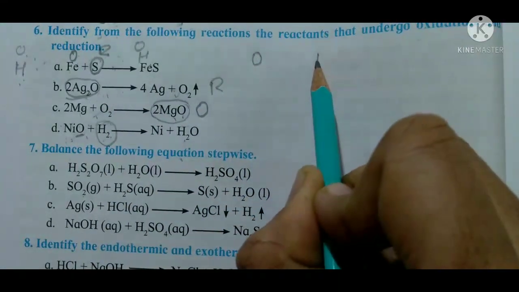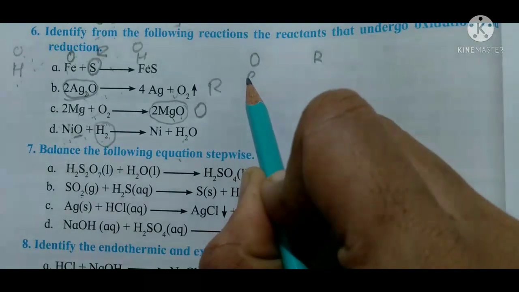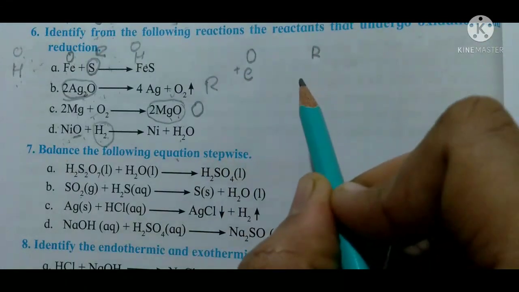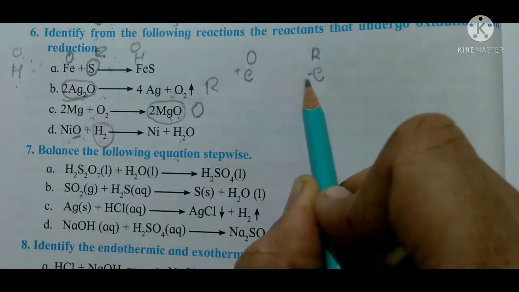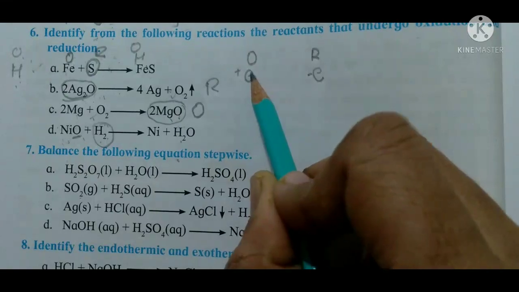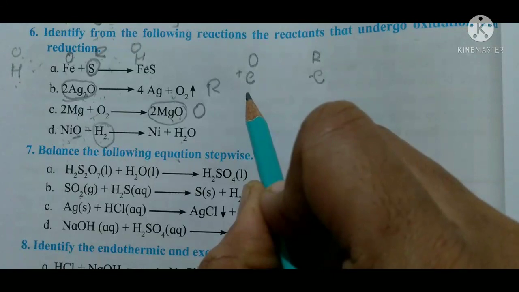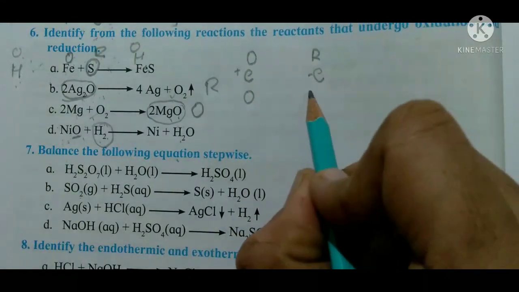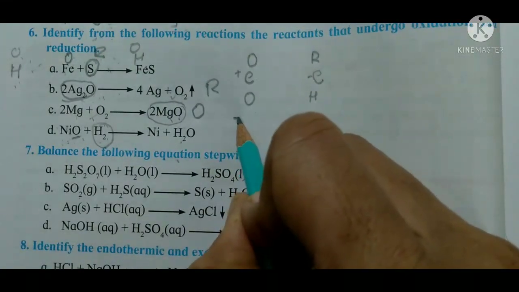Immediately make two sections, oxidation and reduction. So here you will write loss of electron, so you will write plus, increase in positive charge, and here gain of electron, so you will indicate it with a minus sign, that is negative charge increase. Loss of electron, oxidation, gain of electron, reduction. Next one, addition of oxygen, oxidation. Addition of hydrogen, reduction.